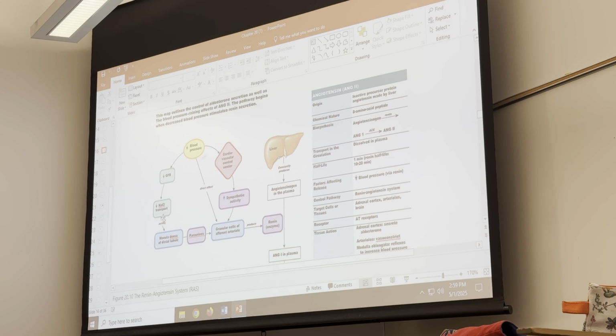Which tubule runs right by the glomerulus? Remember I said that on the picture it was all opened up so we can follow, but in reality the ascending loop of Henle runs by the afferent and efferent arteriole, right? So the macula densa is a modified epithelial cell of the ascending loop of Henle, and it has a sensitivity to the sodium chloride